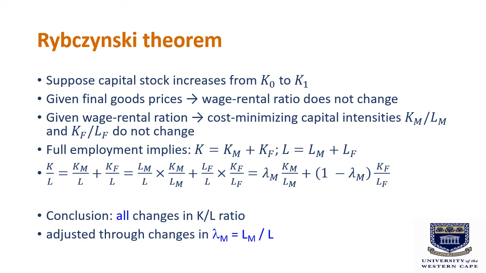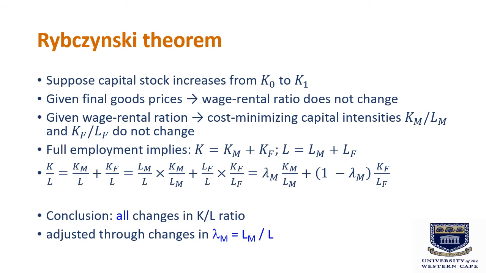So they're taking the Km over L and timesing that by Lm over Lm. So they're not actually changing anything. They're introducing the labor in the manufacturing sector by not making any changes to the formula. Similarly, what are they doing to the Kf over L part in the equation? They are timesing that by Lf over Lf and then just rearranging. So what is happening in that fifth point is that they are just